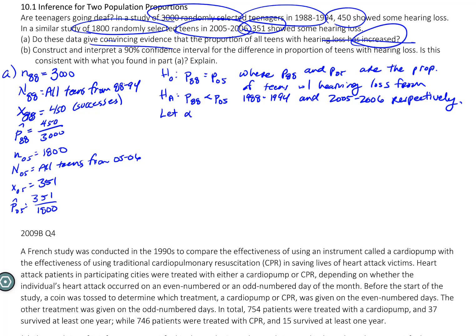We'll go ahead and let alpha equal 0.05, and then before we actually conduct our test, we know we have to check our conditions. So let's go ahead and check our conditions for the first one we have, random sampling. Did we have a random sample from both? And we say yes, we did. So we had random sample from both.